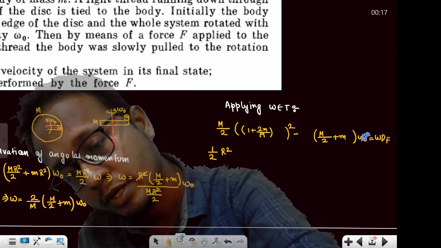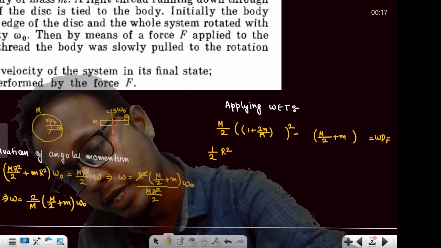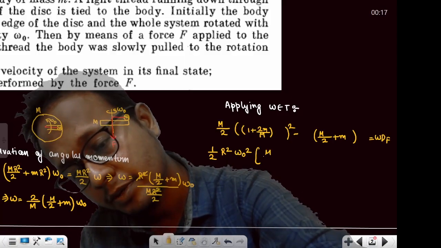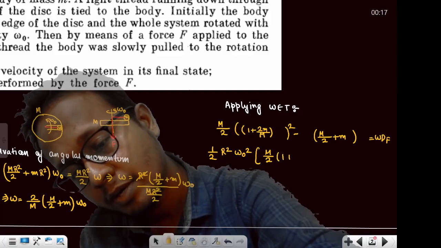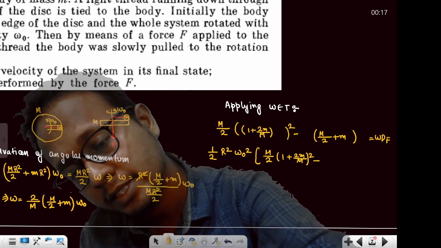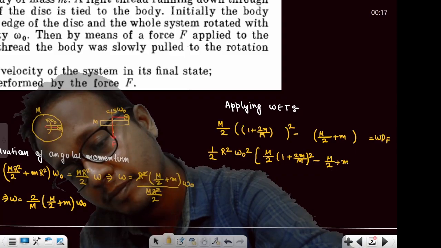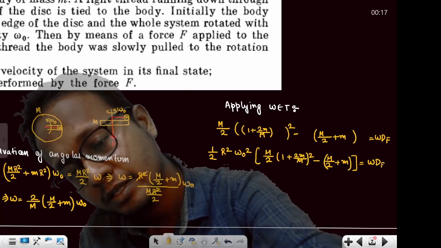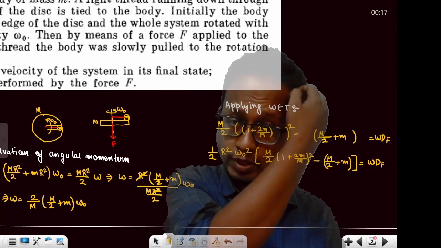So half r square omega naught square. Now what I'm left with is m by 2 into 1 plus 2m by capital M whole square minus m by 2 plus m. Now if we simplify this algebraic operation, we'll get the value of